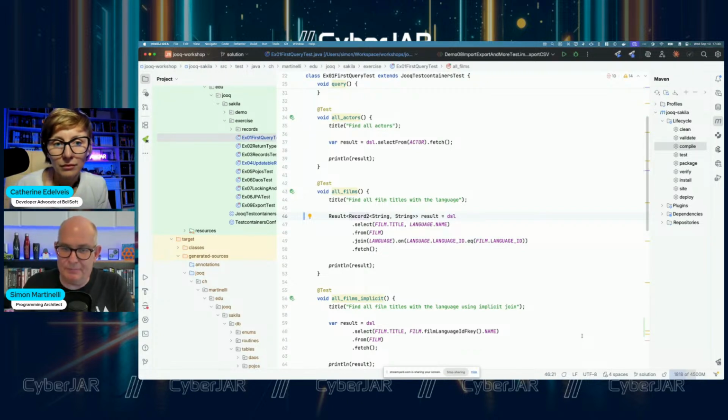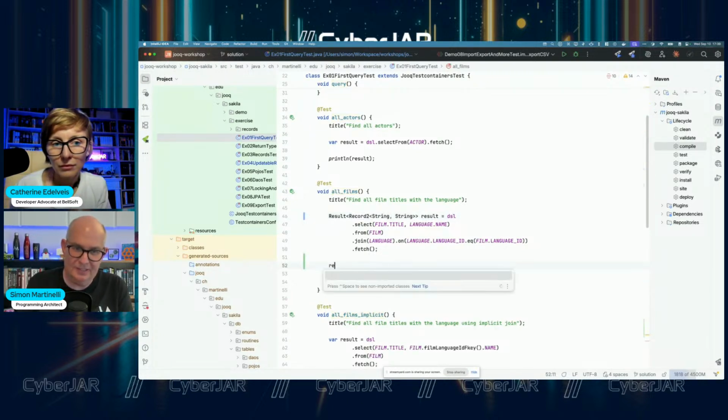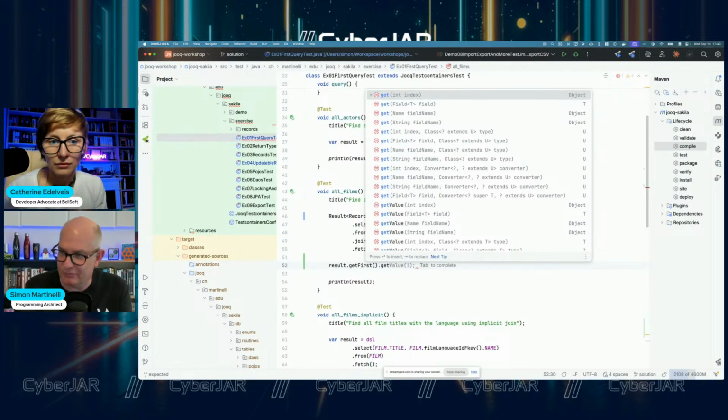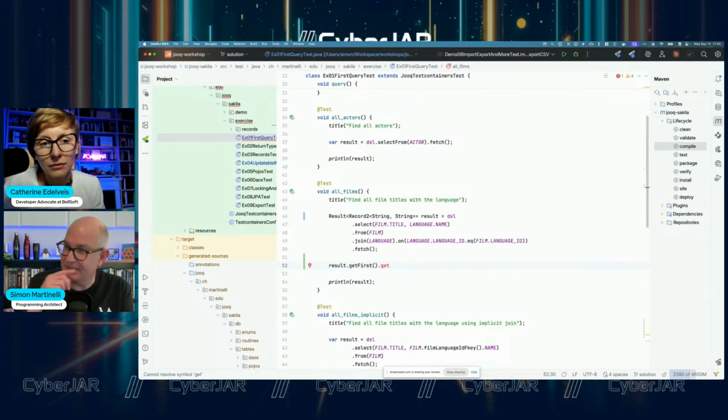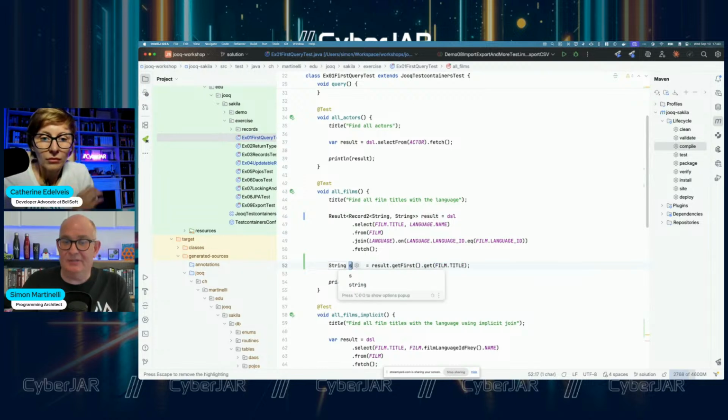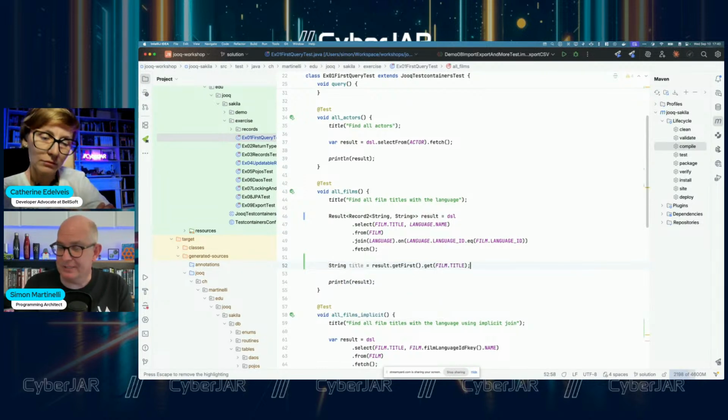And the record 2 can be used, for example, if we use the result and get the first element, then we can get the data. And if you remember the result set, you need to know, okay, is it positional 1 or 0? And then you have to remember the type, right? You have to know it's a string or if it's an int, because you would call getInt or getString or get something else. And here you can, again, use the generated classes, because I then can say, give me the film title. And this will return a string, for example. So I could use that to work in my application.